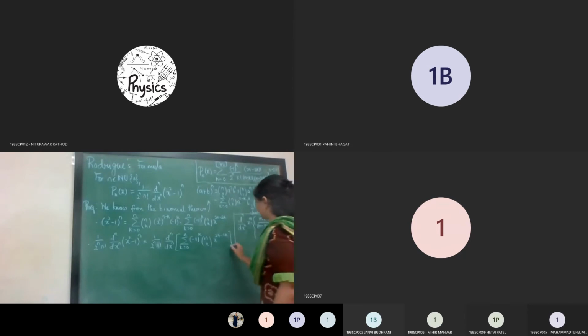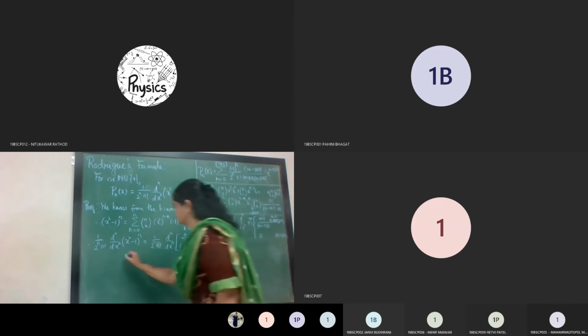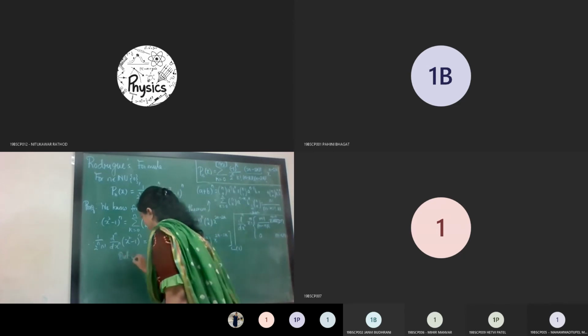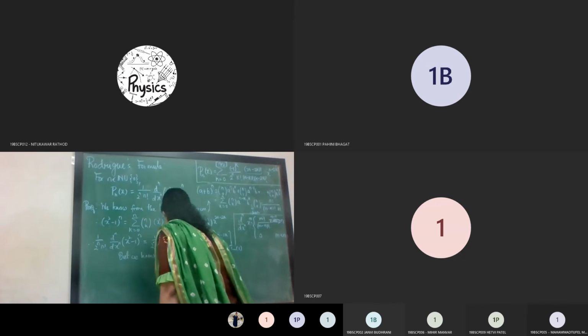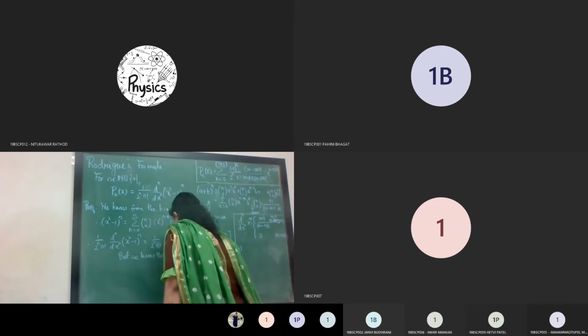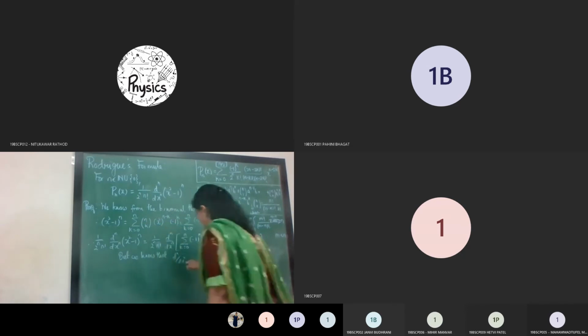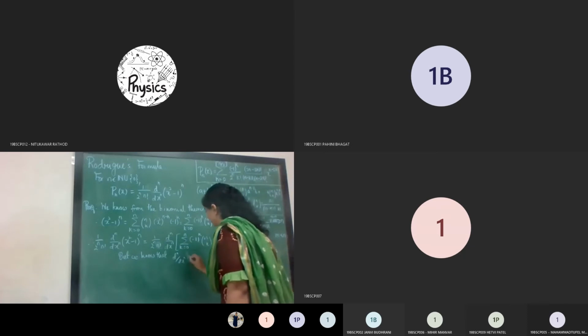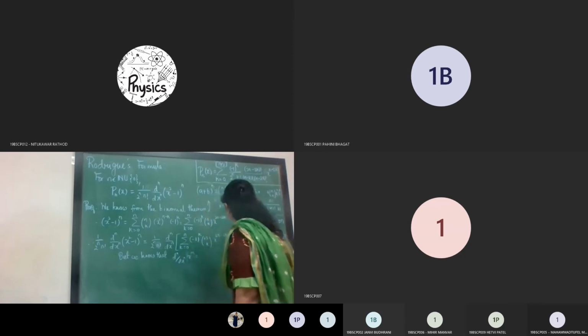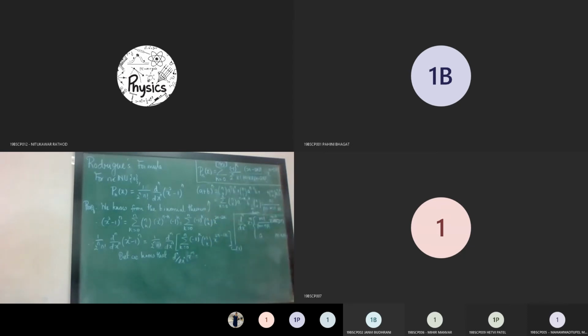So I am giving this as equation number 1. अब आप लिख सकते हो कि but we know that, write down, we know that this is equal to this, but we know that you have to write down this quantity, the nth order derivative of x raised to m is equal to these two cases, you just write down.